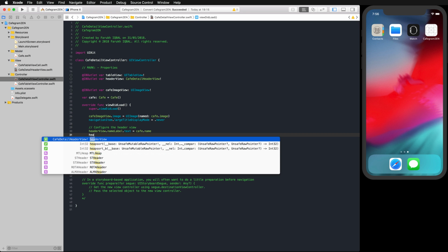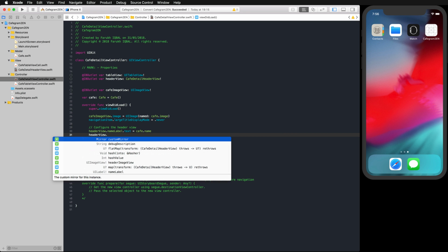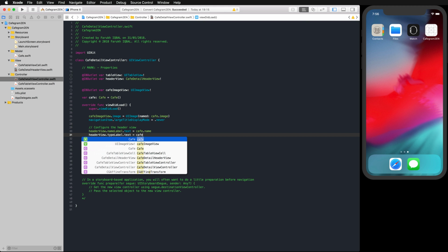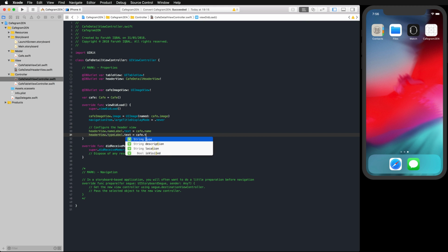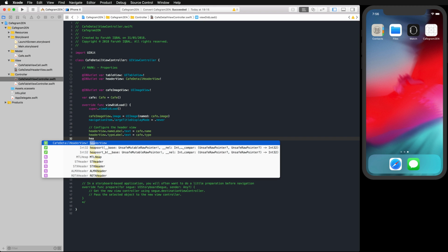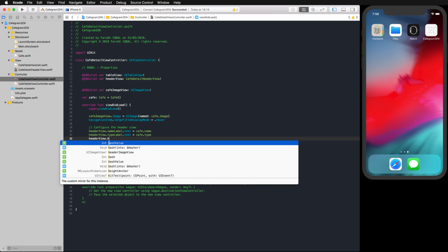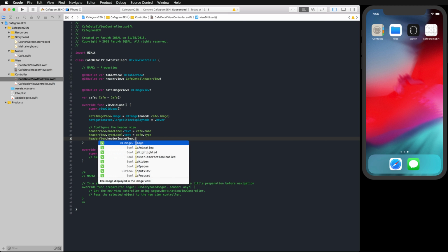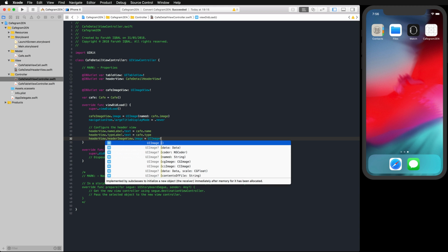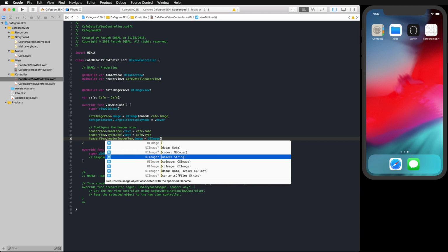Then header view dot type label dot text is equal to cafe dot type, okay. And finally, header view dot header image view dot image is equal to UIImage, okay, this one,